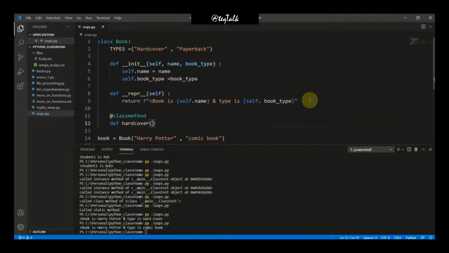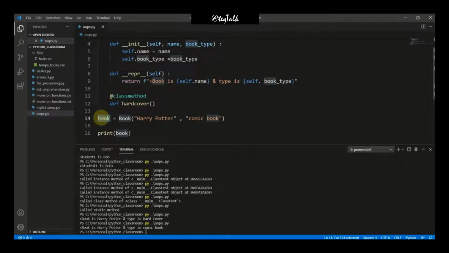Now, why are we creating class methods here? This is the concept of factories, that we are going to create our class method, and inside our class method, we are going to create our new object. Instead of here, we are going to create our new object inside our class method, so that it will take only the book types as either hardcover or paperback, nothing else.